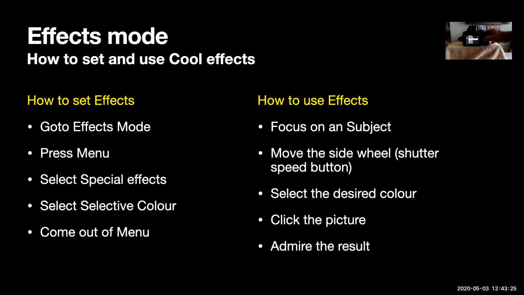Like we do normally, we choose many things. So how to set it: on the dial here, you can see the scene button, the scene mode. There is also effects mode. So I'm going out of the menu. I'm changing my mode button to effects. Okay, you can see right now the effect is shown as soft. How do I change it? Click on menu, right? And at the last option, you have the special effects.